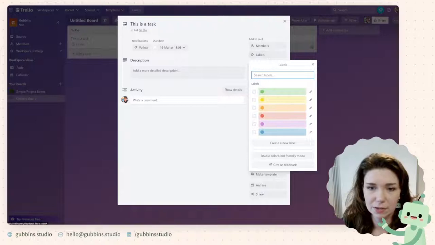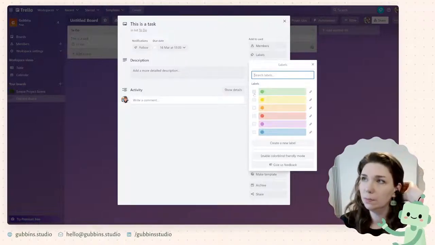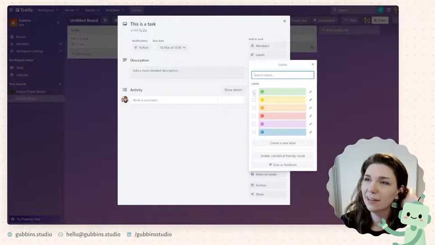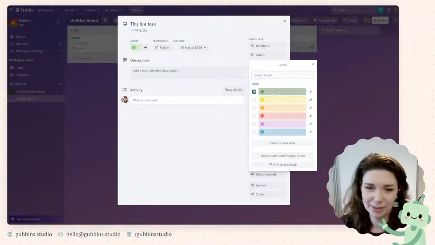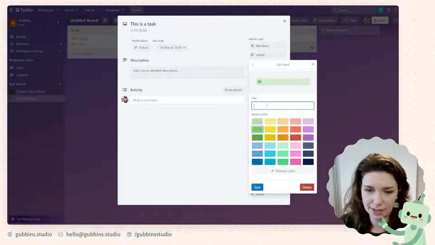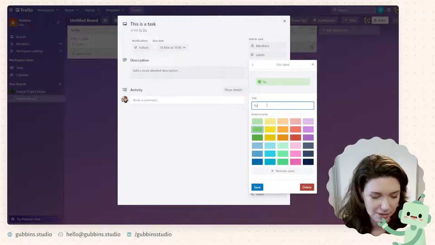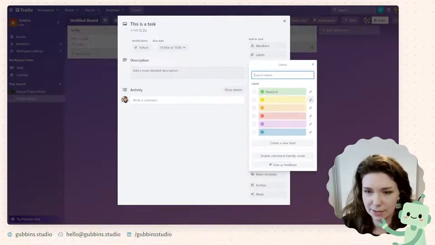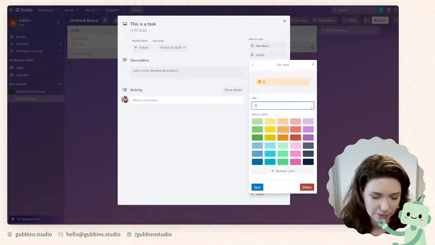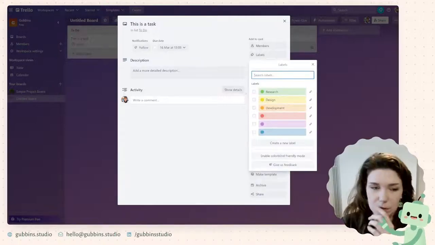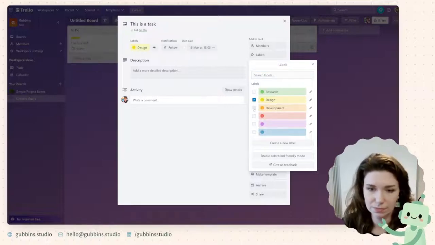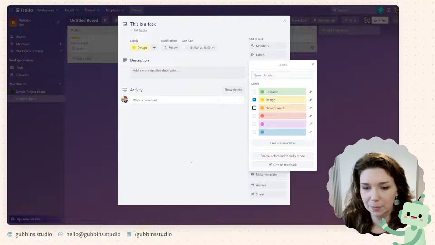What else? Say you were someone who works on, I don't know, I should have thought of a more abstract example. Okay, I'm just going to use product design because that's familiar to me. So let's say this is a research-oriented task. This is a design-oriented task. And this is a development task, just to keep it super simple. So you'd be able to categorize each of your tasks that came in as design or development, both maybe.